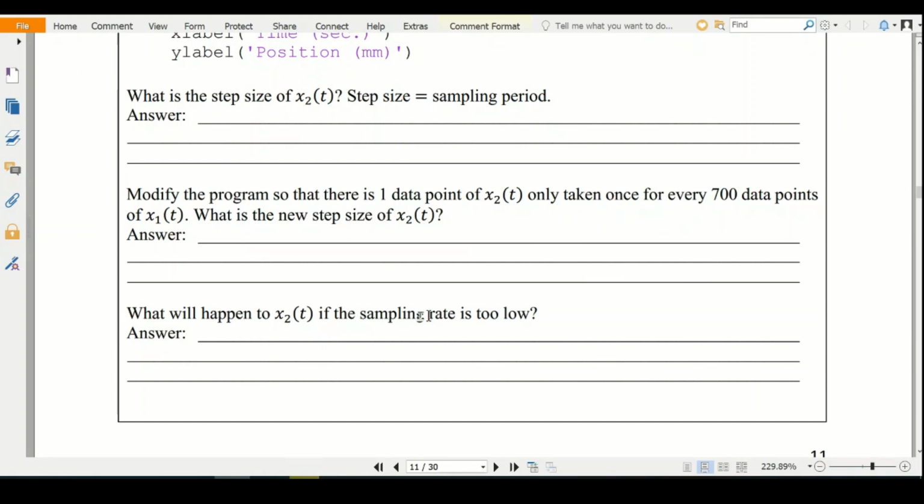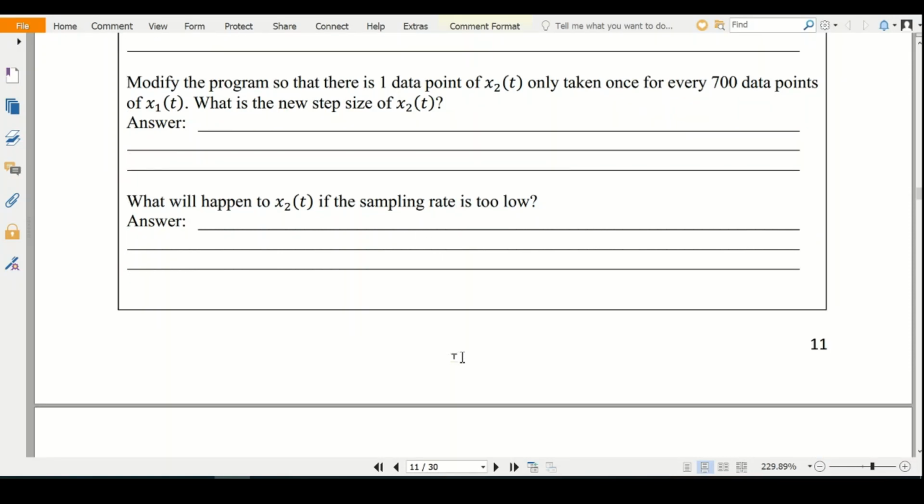Okay, what will happen if the sampling rate is too low? You can answer this by evaluating the x2 with 200 sampling and x2 with 700 sampling. You can compare it, and then you can answer in here. Please don't say the reverse, because this is sampling rate. It's not the sampling period. Okay, now